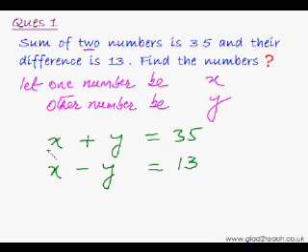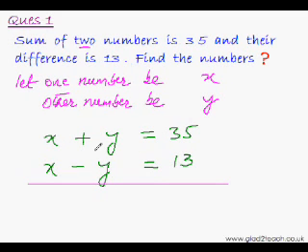So now I'm sure that you can easily solve these equations and give me the answer. We can use any method to solve these equations, but since the coefficients are already equal, see 1, 1, 1, 1, the second usual way, that is elimination by making the coefficients equal, would be the fastest way. Now as you can see, on adding these two equations, this plus y and minus y will cancel each other out. So let's quickly add these equations.